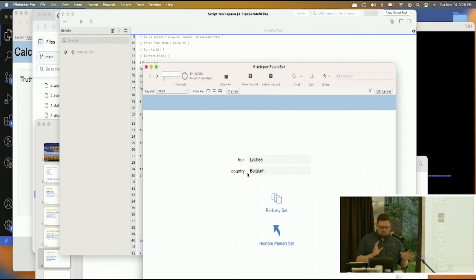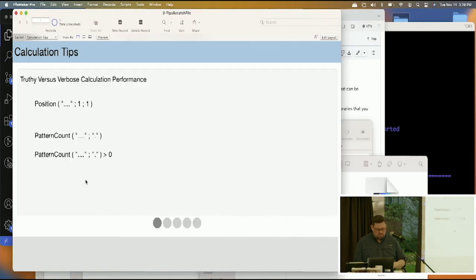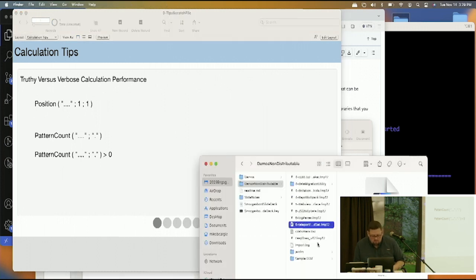So it's a weird way of how FileMaker works. Check out the demo file. It's linked with a blog post in the materials here. All right, and then the last demo, because I want to have some time for questions and maybe breeze through,